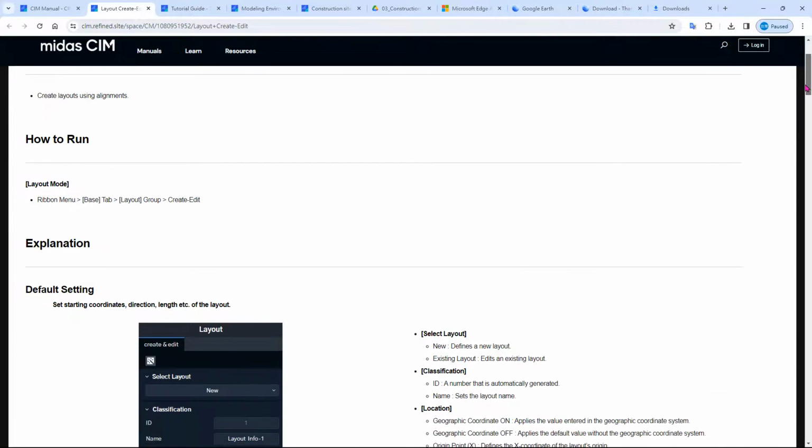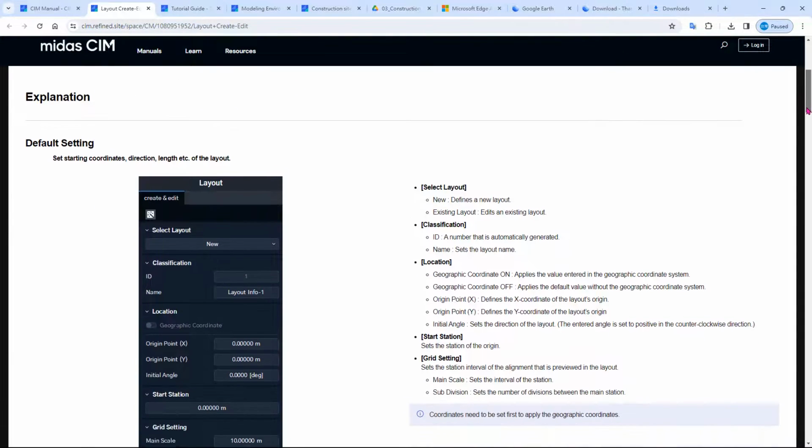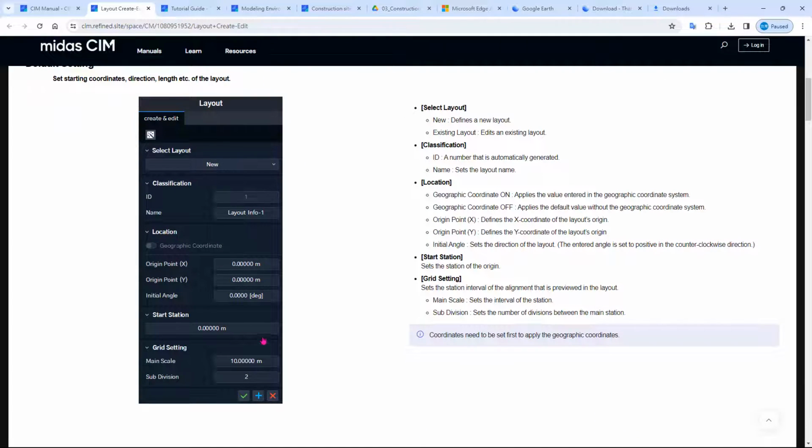You can see how to run it. There is a directory in here, and this is the view that you can see in here, and this is the explanation of each option that you need.